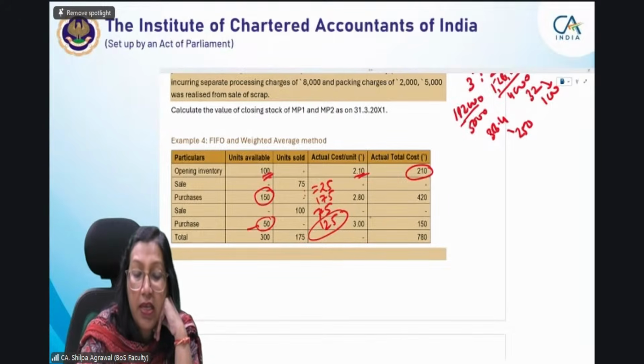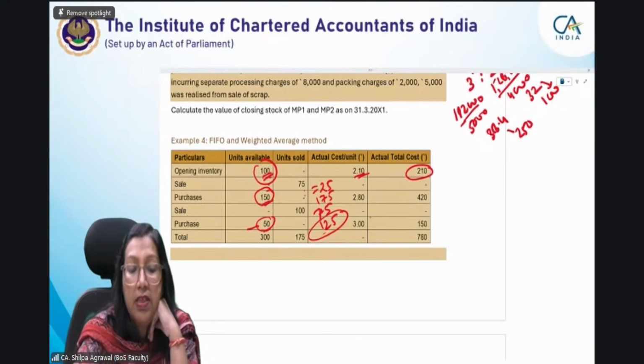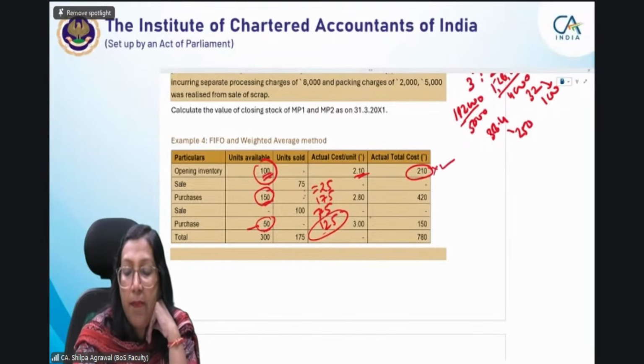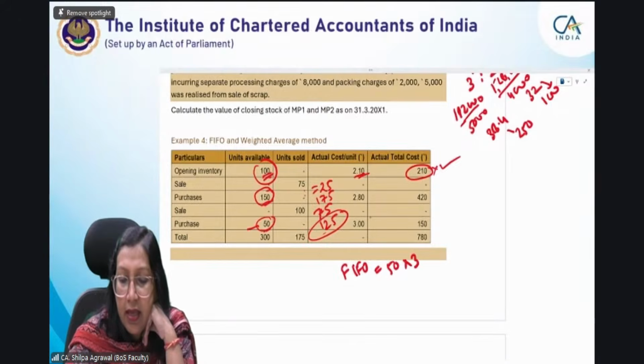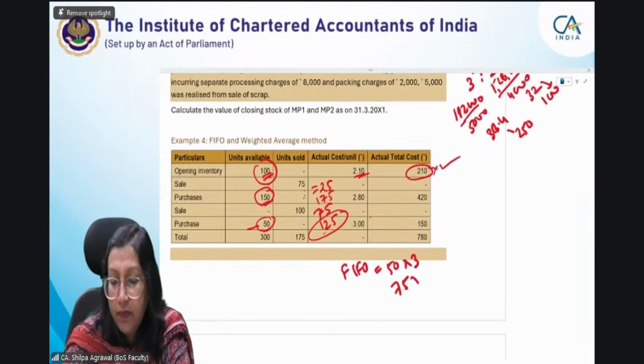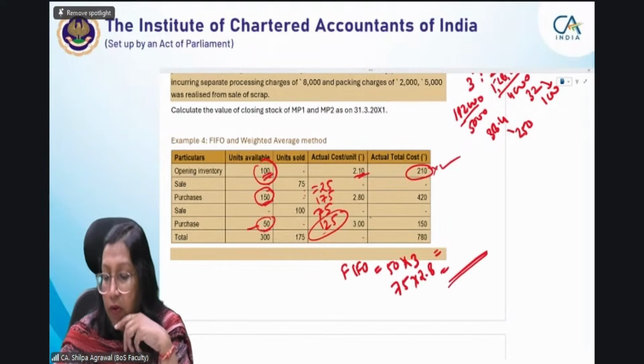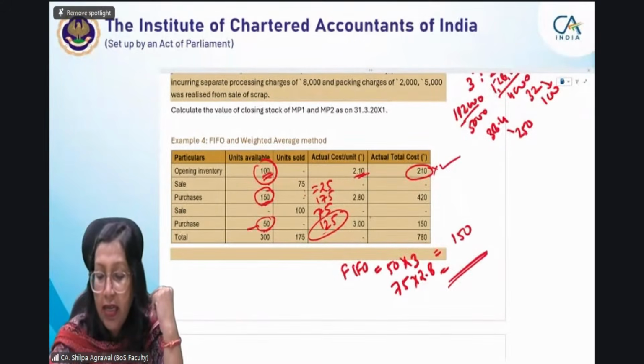50 यूनिट्स इसमें से, क्योंकि फर्स्ट इन फर्स्ट आउट के हिसाब से ये 100 तो पूरी बिक गई आपकी। जो आपकी 125 बची है, 50 इसमें से बची है और रिमेनिंग 75 आप इसमें से मान के चलेंगे, ठीक है। तो फर्स्ट इन फर्स्ट आउट के हिसाब से ये जो वैल्यू है ये तो आपकी आउट हो गई। आप 50 का 3 रुपीज के साथ, if I am applying FIFO method, then it will be 50 into 3 rupees and 75 into 2.8, okay।